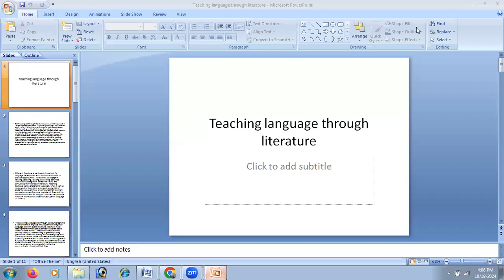We have got the information that teaching language through literature is interesting. Whether that is literature is the definition of literature, we have seen that that is the literature. Any written text can be the literature. That means the description